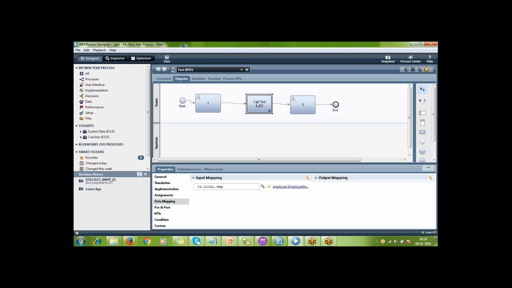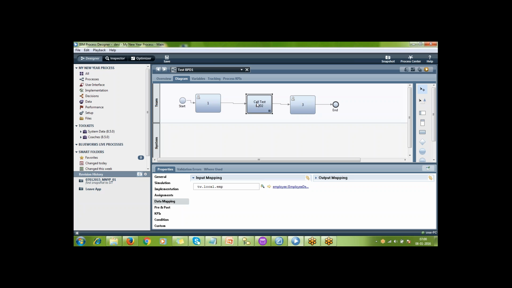The functionality remains the same, but in terms of readability and look and feel, everybody can easily understand how the flow is moving. Linked process means that at this point I want to call some other BPD. So generally people use sub process and linked process extensively while developing a project.